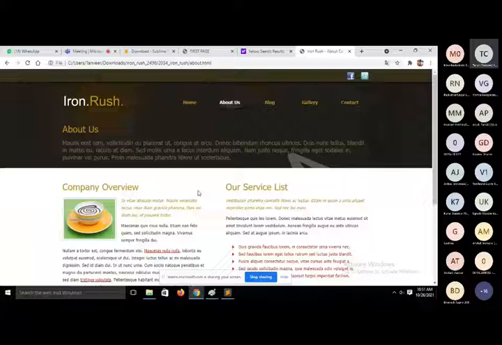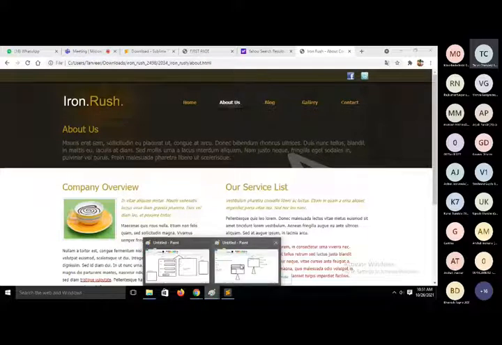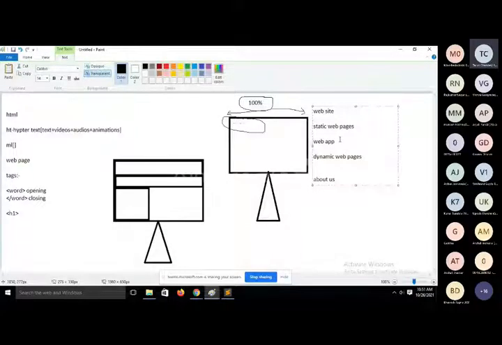So it displays content according to user. So its content is dynamic content, and if a web page contains dynamic content, then we call it a dynamic web page. So collection of static web pages is called websites, and collection of dynamic web pages is called web application.